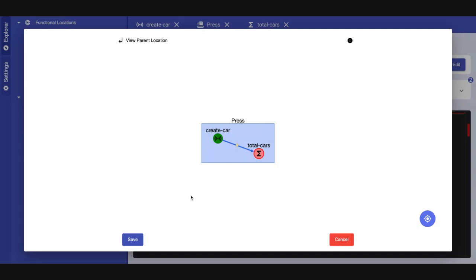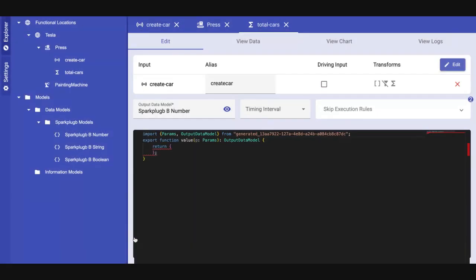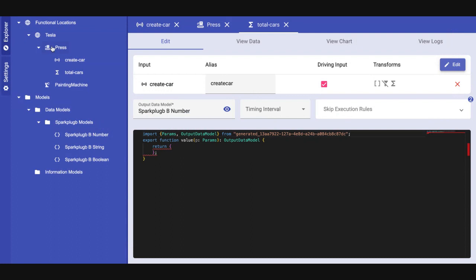And I could delete this whole press, and that would cascade delete it. But any edges that flow outside of that, like outside or inside the press, will not be deleted. So it's kind of like tree shaking, I guess. But anyway,